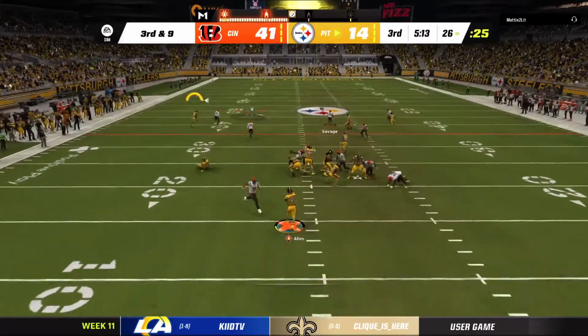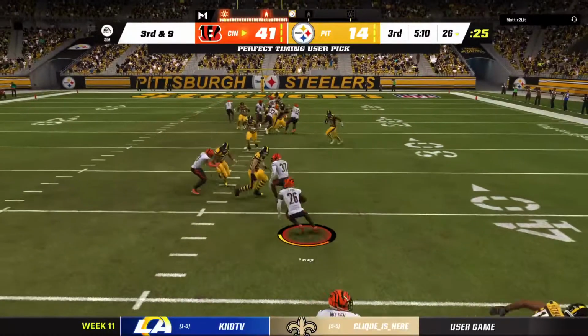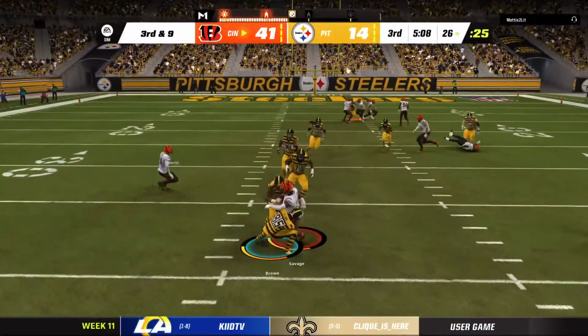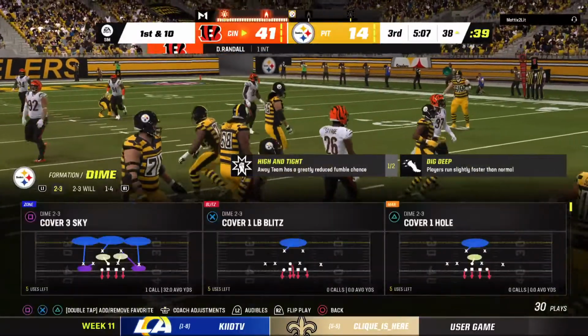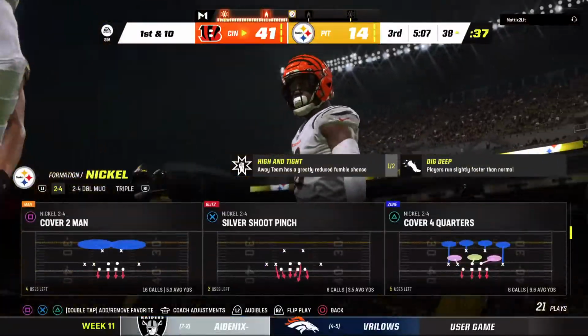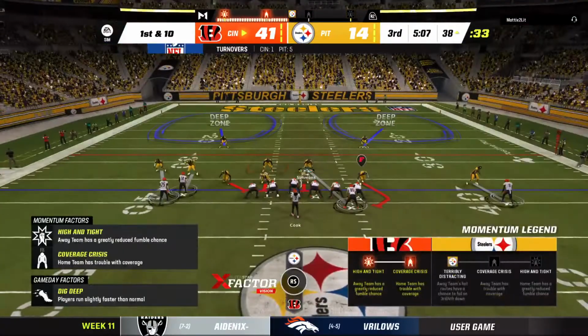Allen from the gun on third down. And Allen is going to be intercepted for the third time. Picked off by Demarius Randall. And this one will be returned to right around the 38-yard line. So it was a drive that had real promise here to begin the third quarter, but ultimately derailed by the